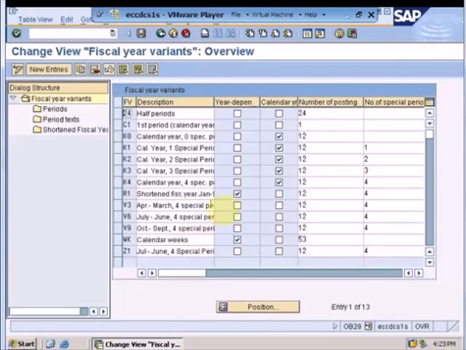Year independent fiscal year means that every fiscal year would have different properties. Every fiscal year would have a different number of periods that it starts and ends with. Year dependent fiscal year means that the fiscal year would remain the same throughout its properties for every year. For example, fiscal year October to September is a year dependent fiscal year, which means that this fiscal year will not change yearly. This fiscal year will remain the same throughout its